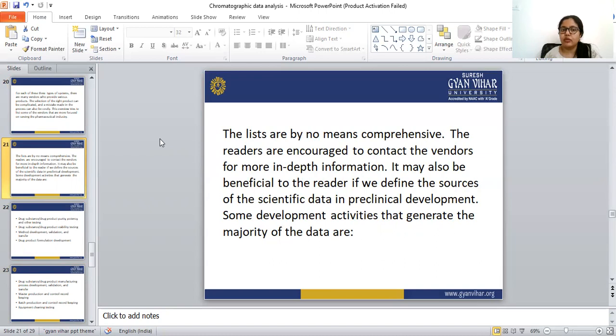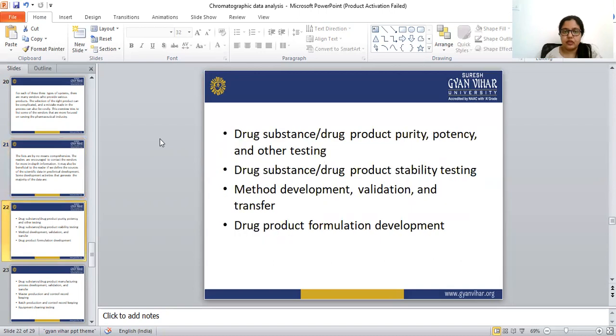It may also be beneficial to the reader if we define the sources of scientific data in preclinical development. Some development activities that generate the majority of the data are drug substance or drug product purity, potency, and other testing.